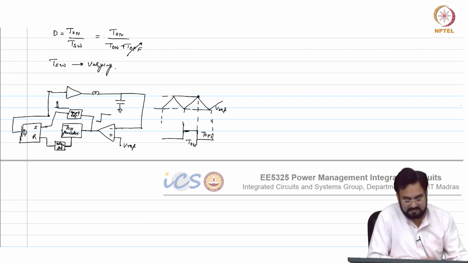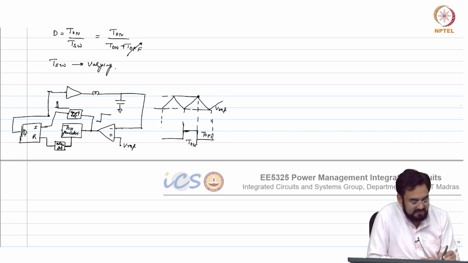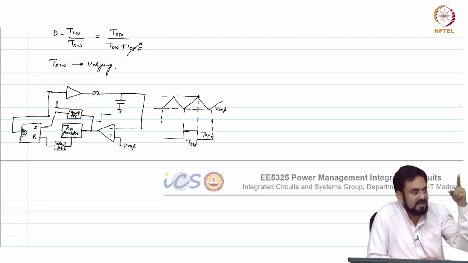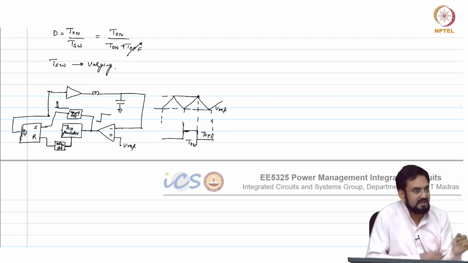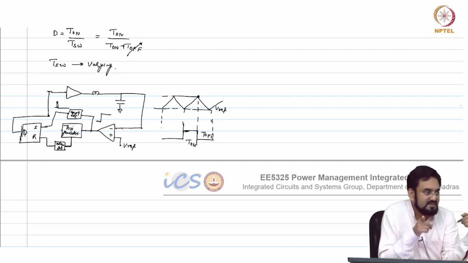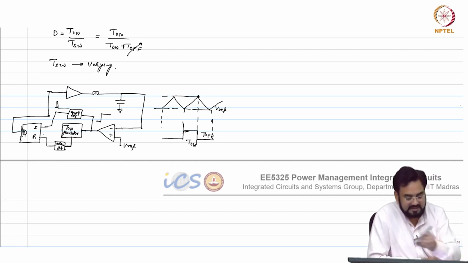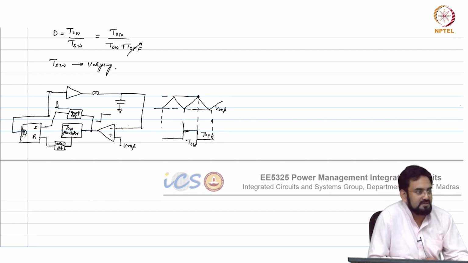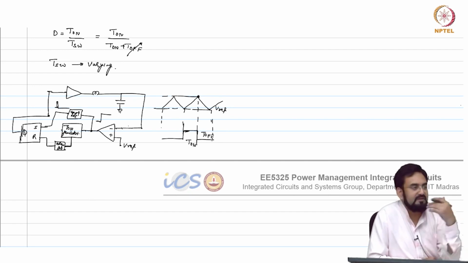Okay. So basically you start counting when this comparator goes high, you wait until your T on is passed and then reset your duty cycle. Now this comparator is relying only on the output. So where will your output be regulated?